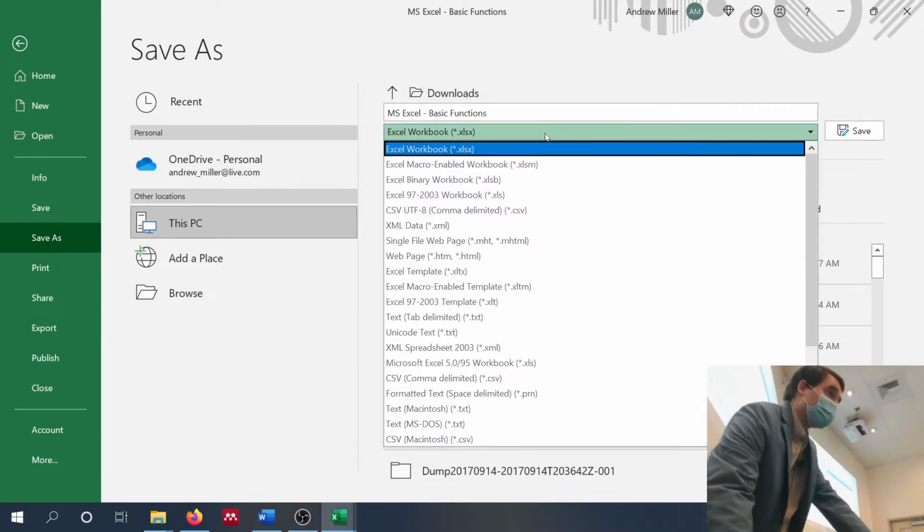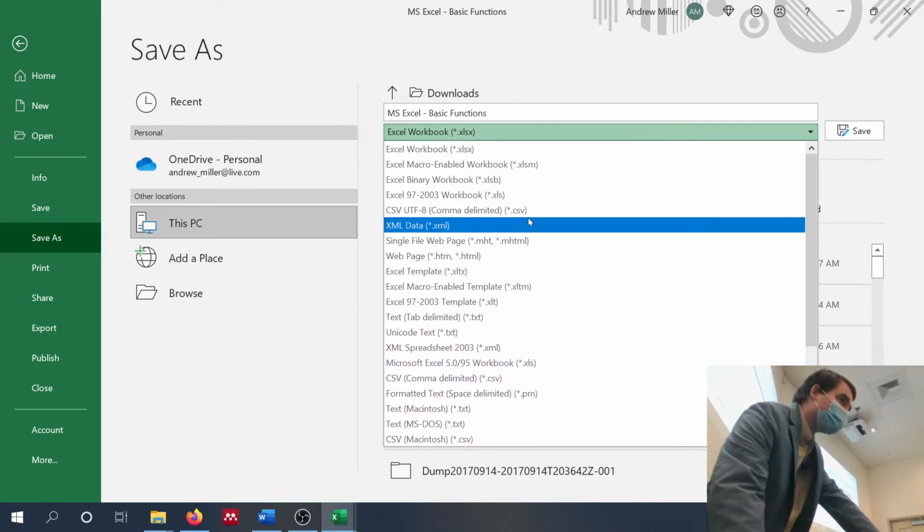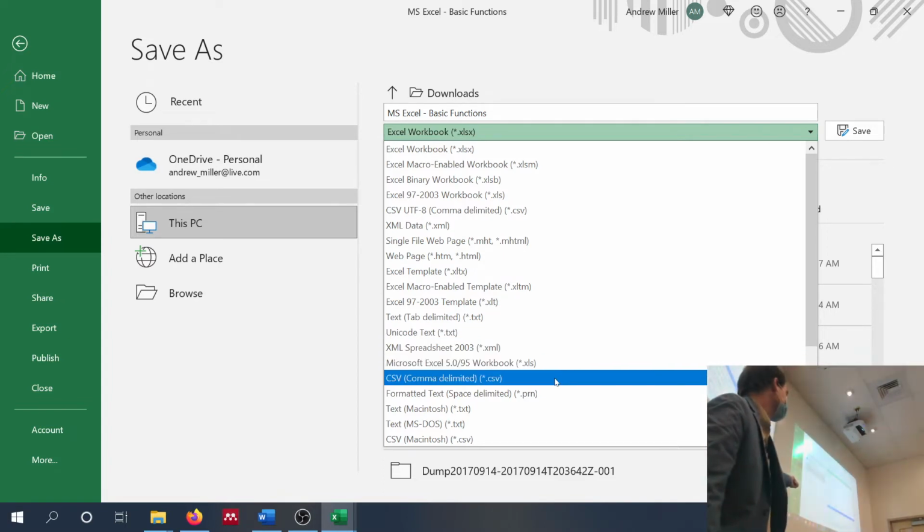So we can change the format by just using this drop-down and selecting the different formats. So for instance, we could use CSV right here, although we're not going to, but it's possible. Lots of different formats. You may use XLS, although when I say you may, I'm not giving you permission to. It's just saying it's possible to use it.